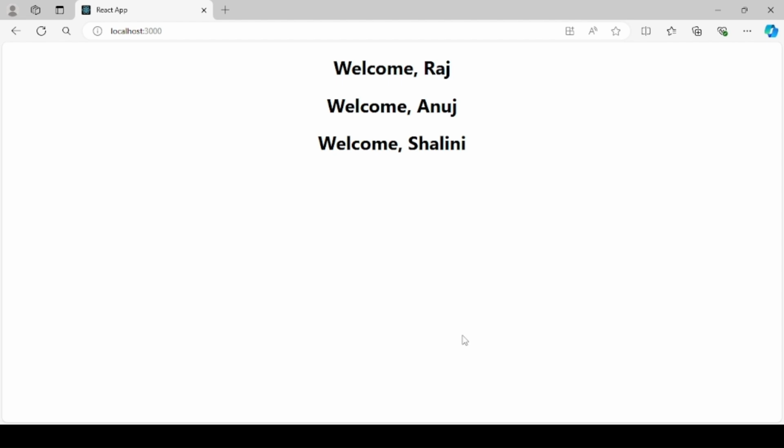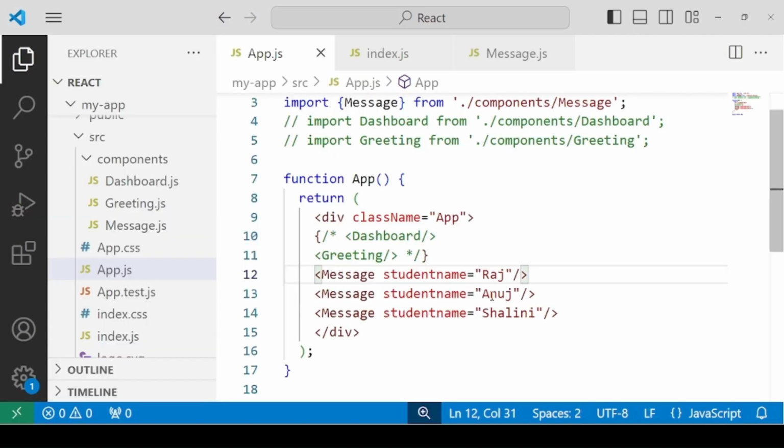Let's take this example a little further by specifying another prop inside the component. Let's say for now I am specifying roll number. I would like to write 1, 2, 3, another roll number 4, 5, 6, and another one 7, 8, 9.